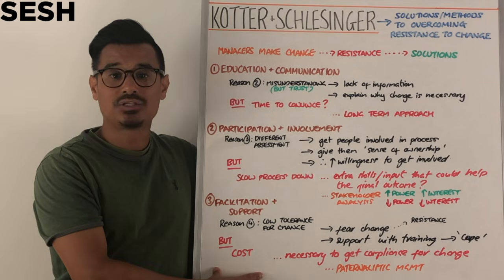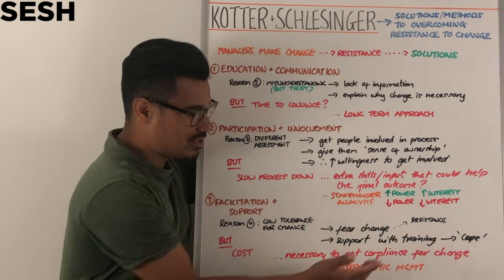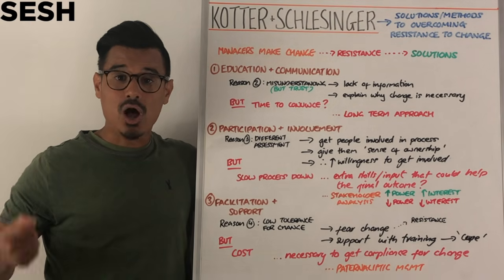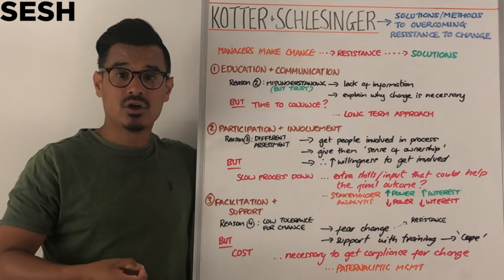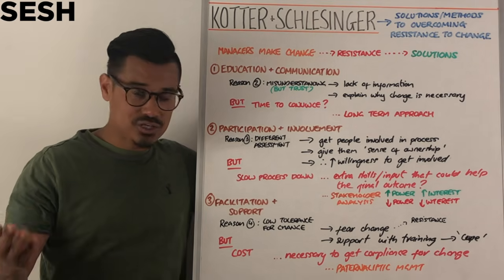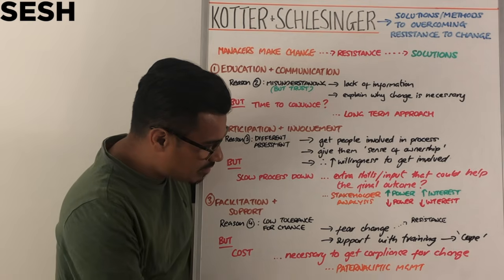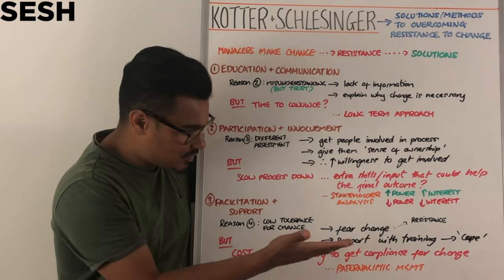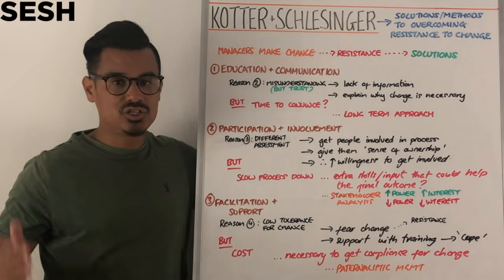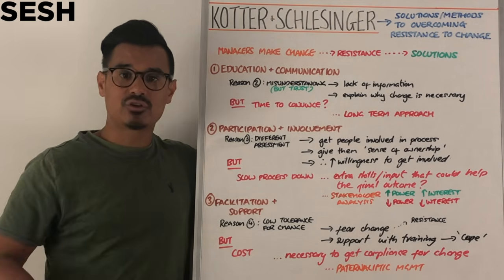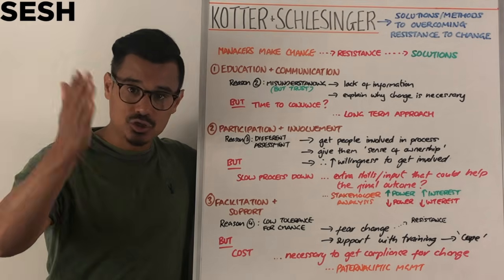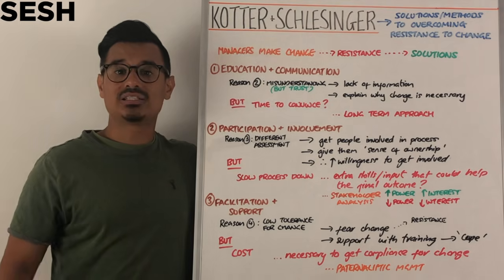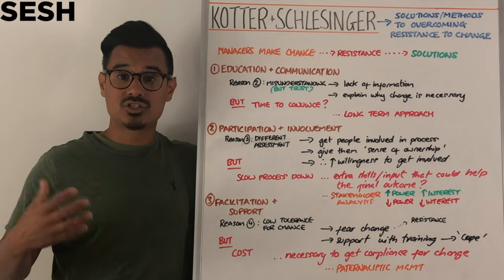Issue here is the cost. It could be expensive to do that training. How many people are we talking about? How many employees are we talking about that need to be trained? But are those employees necessary? Is automation coming down the line? Question that. So is it necessary for them to get on board? And also you might want to question the fact that you're just looking for their compliance. You just want them to say, okay, we'll give you training, we'll hold your hand, and you can be compliant to this change. Which would, in that case, suggest that it's a paternalistic management style.